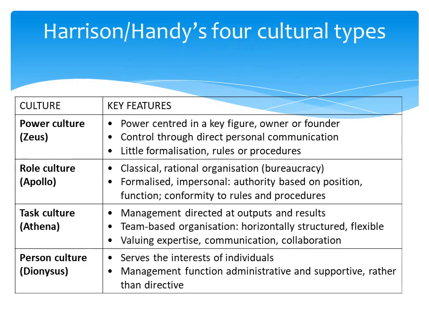Maybe I'll just flick to the next one. I'll tell you why. Handy or Harrison came up with 4 different types of cultures, which are power, role, task and person. And these are perhaps the easy ones to learn for organisations. You don't need both. So for the international, I'm saying learn Hofstede. And for the organisation cultures, you either learn Handy's 4 types, or you learn the one on the previous slide, which was the cultural web, which you'll come across next year, but you'll also come across Handy's 4 cultures.